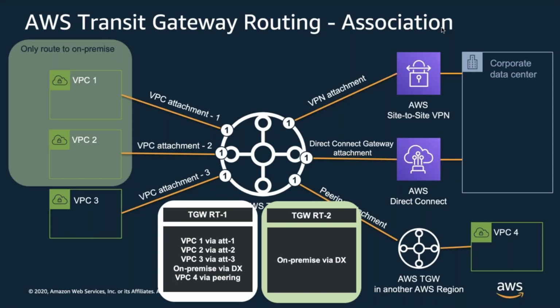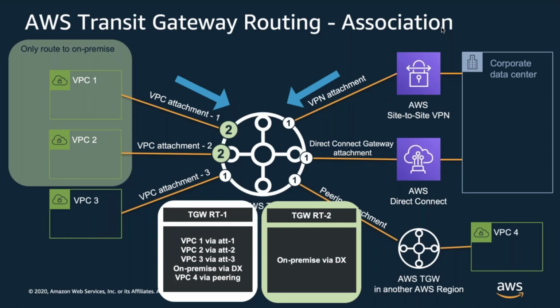So at that point, we have a second route table, and we can associate this route table with the appropriate attachments. So with attachment for VPC1 and attachment for VPC2. If there's traffic from VPC1 going to on-premise, it would arrive on the Transit Gateway. We would do a lookup in Transit Gateway route table 2, because that's the route table associated with attachment 1. And we have a route to on-premise, so traffic can flow to on-premise. Return traffic coming back from on-premise to VPC1 will use route table 1, because it needs to get back to pretty much any VPCs. And we have a route for VPC1 in route table 1, so